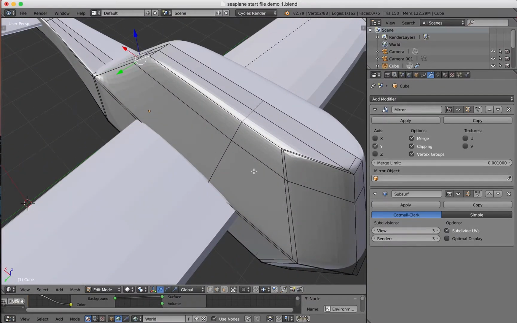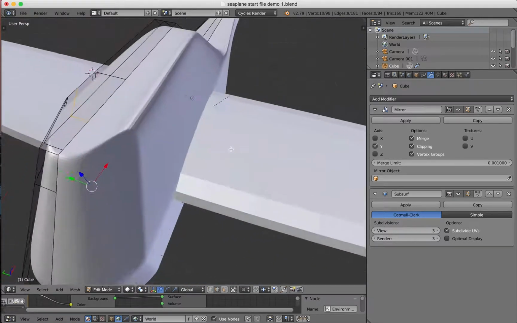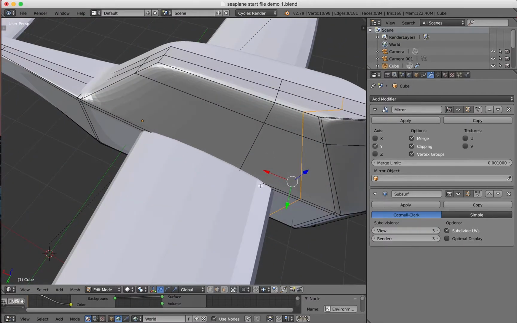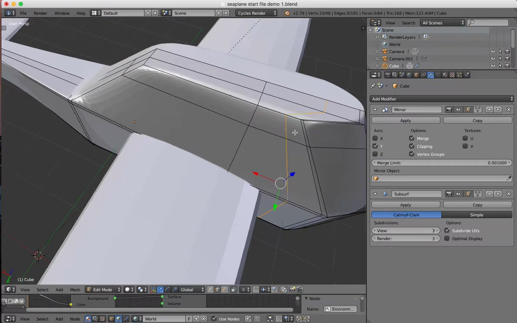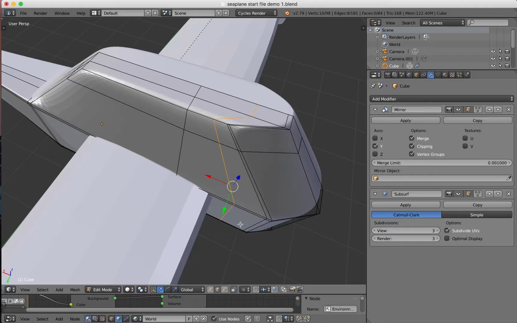And Control R, I just need to start to look at where we're going to put the cockpit on this plane. Okay, so I'm probably going to put it into this location. So what I've done is run this loop cut up and through, and I'm going to cut this as a whole, and then we can put the cockpit on the top. All right. So in order to do that, we only really need to select this face here. So I'll come down, select the face down the bottom here, click on that face,